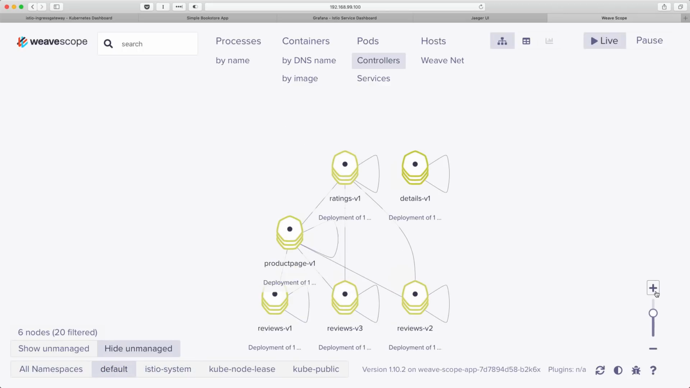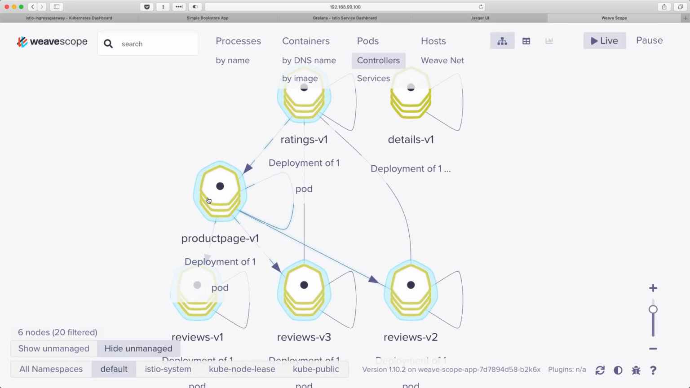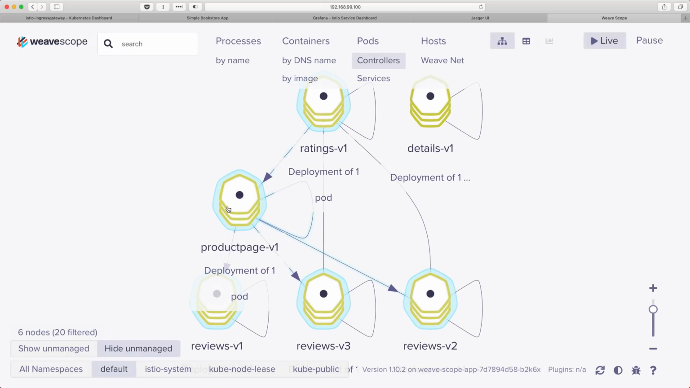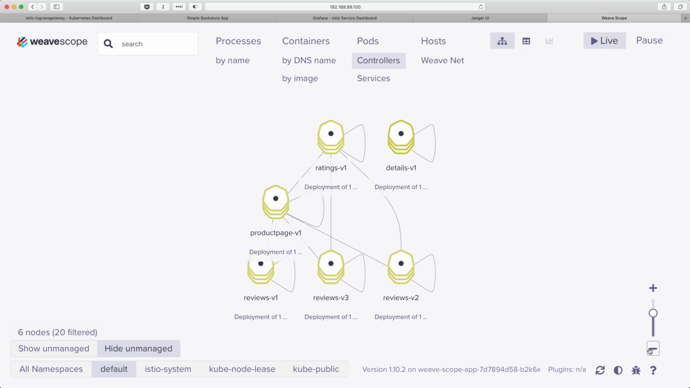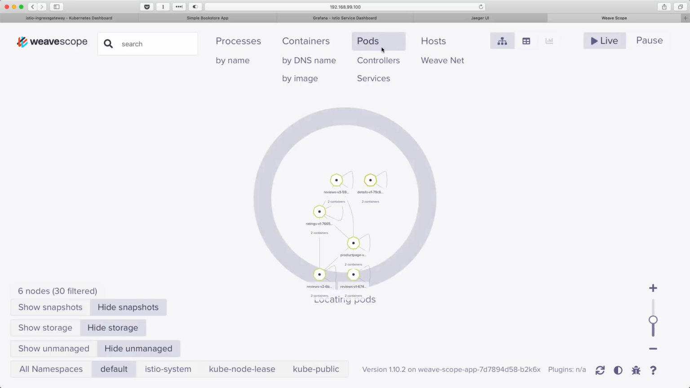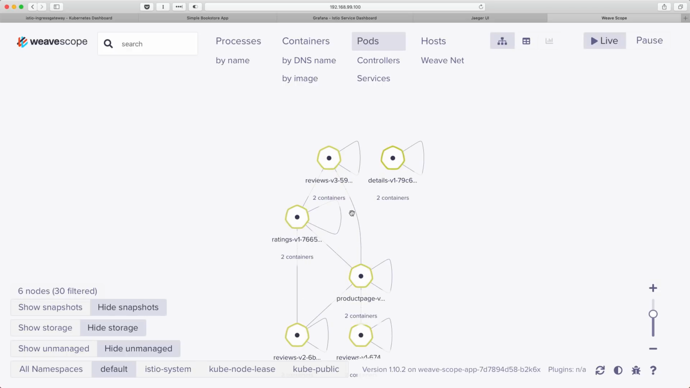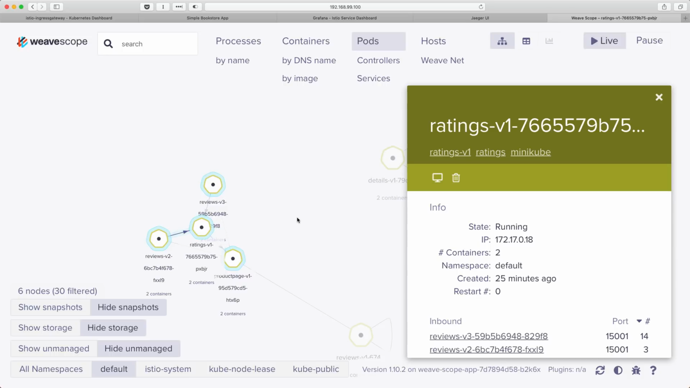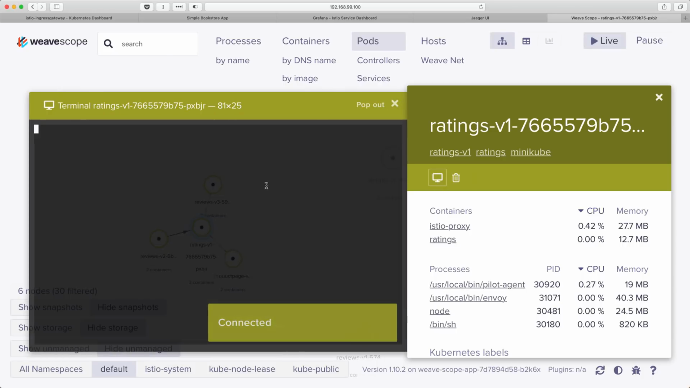This is exactly what I wanted to show. So now you can actually see how the topology is available to us. So there is product page that calls ratings v1, details v1, and reviews v1, v2, and v3. So it is pretty interesting to see how this is laid out. You can also look at the number of pods and how they are basically connected. So within each pod, you also have the number of containers that are actually being shown, and you can also see the details about each of the